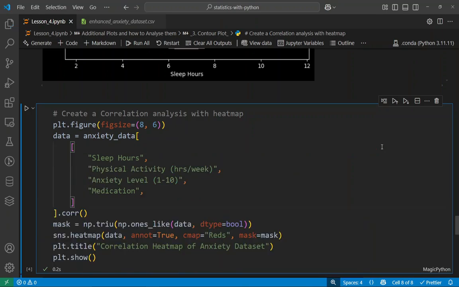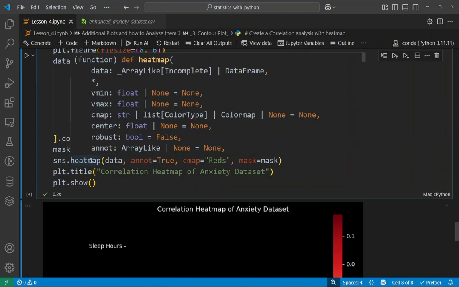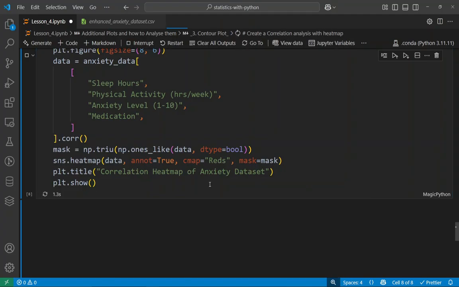Alright. After creating the correlation, we have to create a mask. I have discussed this line of code in our previous lecture in detail. If you don't remember, you can rewatch it. Then we are going to use the Seaborn library and its heatmap to create the heatmap. You can set the title, and then we press enter.